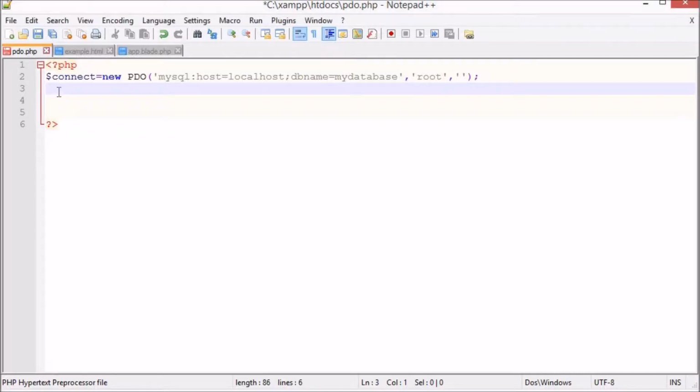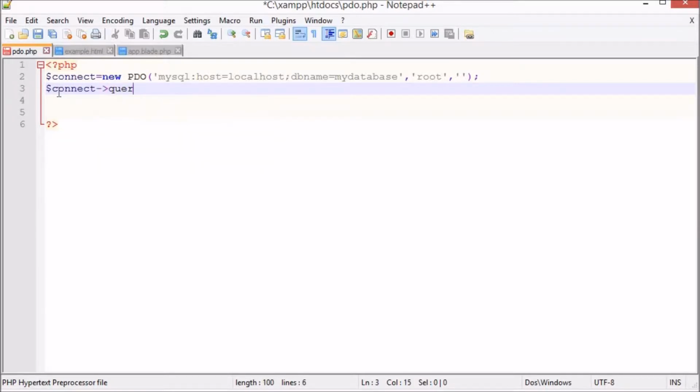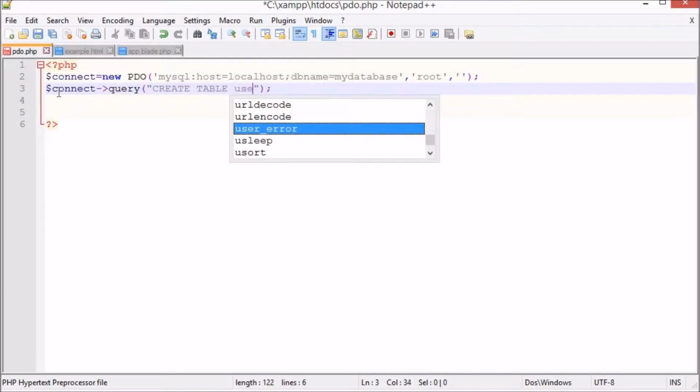In order to create our table, let's make the same variable called connect, and we're going to have query, parentheses, and in here we're going to have our double quotes. Double or single, doesn't matter. And now let's write create table, and we have to give the table a name. So I'm just going to put user,